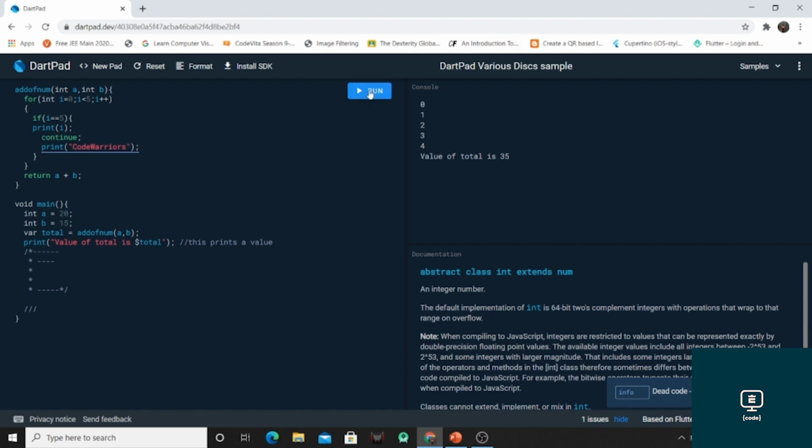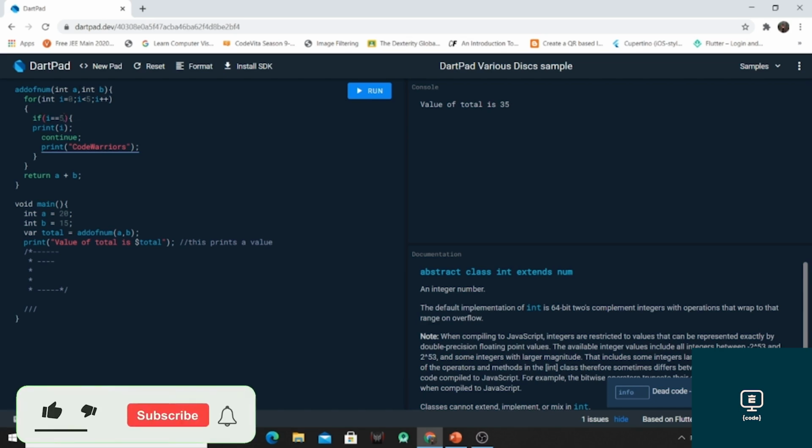So we can see that by running our program. So the output will be so. When i is equal to 5, okay, this condition is not satisfied.